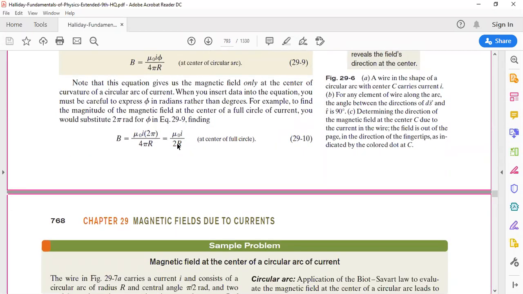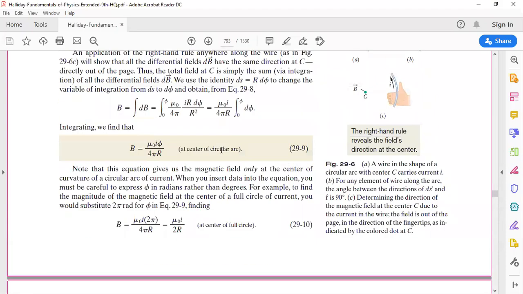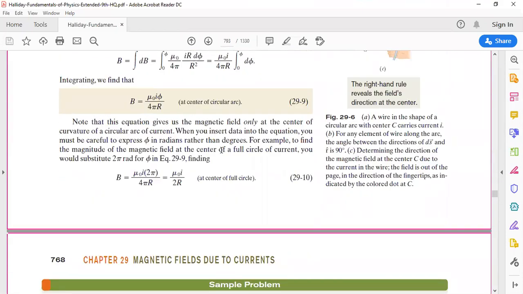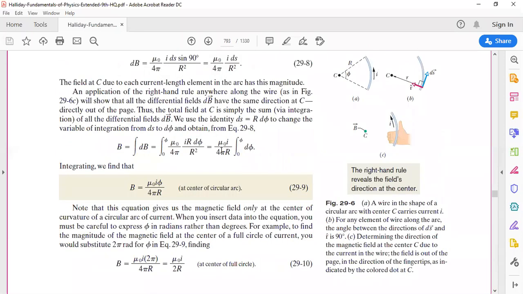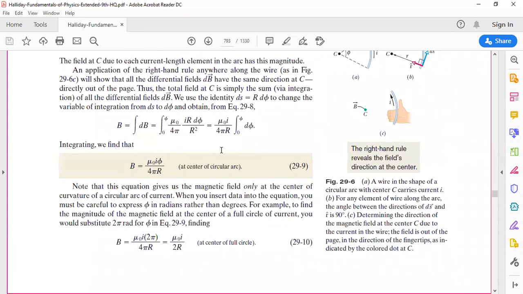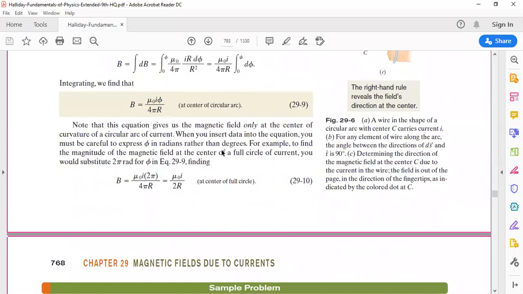So in this case, there is no phi. It means in this case, the field will be stronger as compared to the straight wire. So for your study, for some practical application, for designing of a circuit, if you want to get a strong magnetic field, then you will have to use circular-shaped wire configurations rather than a straight line, just like we use toroids or solenoids for certain applications.